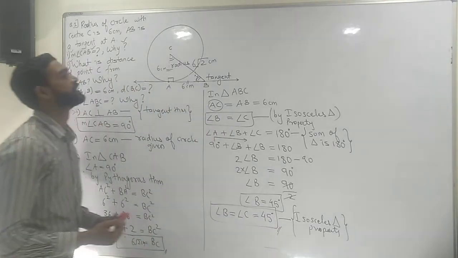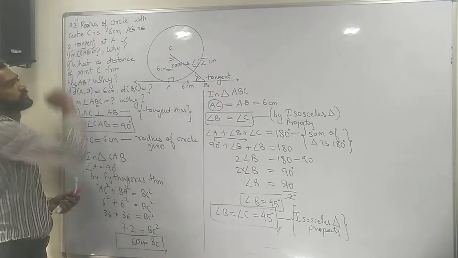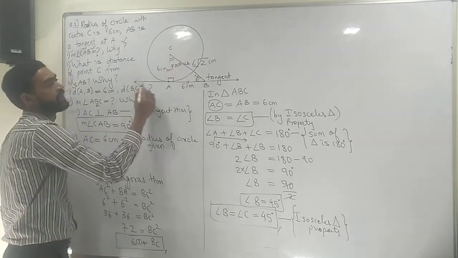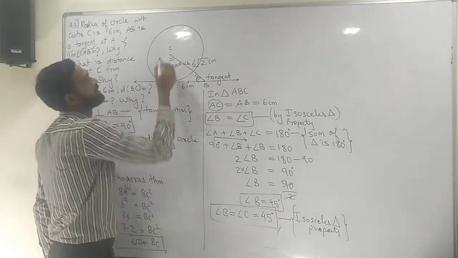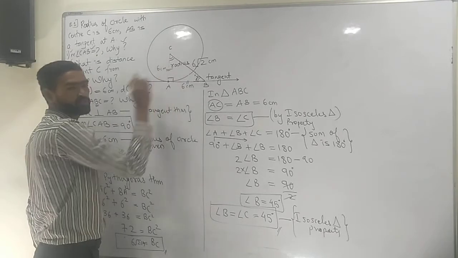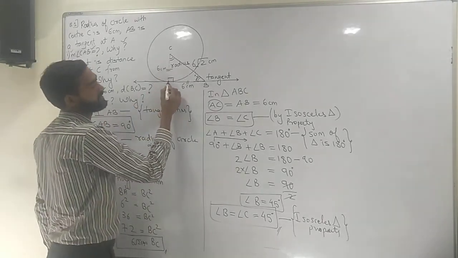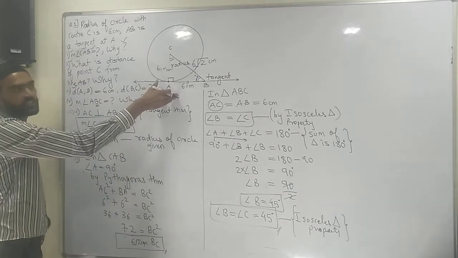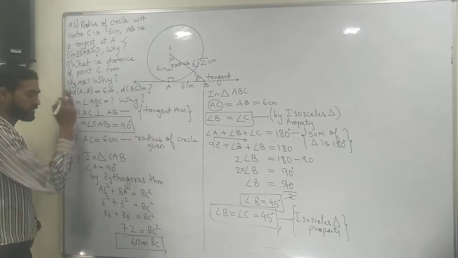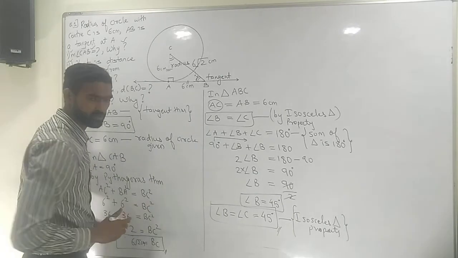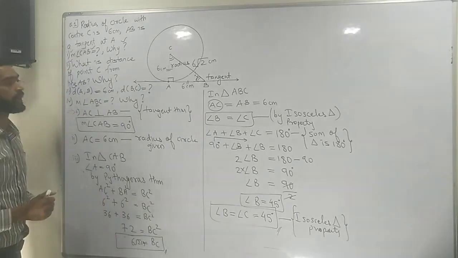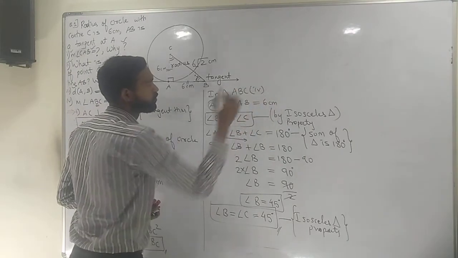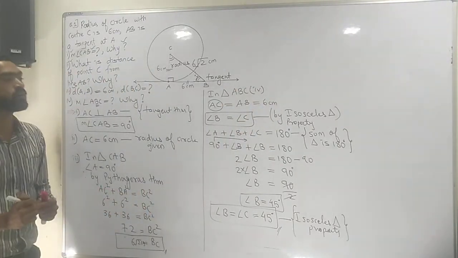So students, this was question number 1. Look, C was the center of the circle, AB was the tangent, and AC is the radius of the circle. Similarly, distance AB was given as 6 centimeter. According to the given conditions, we solved questions 1, 2, 3 and 4. Clear all? I hope you all have understood this solution. This was the 4th solution. Okay? Hope you all have understood.